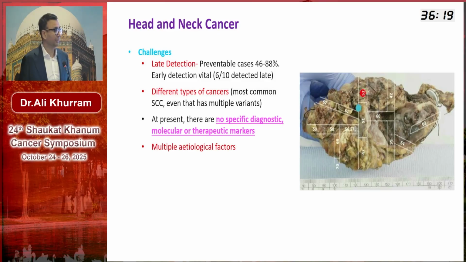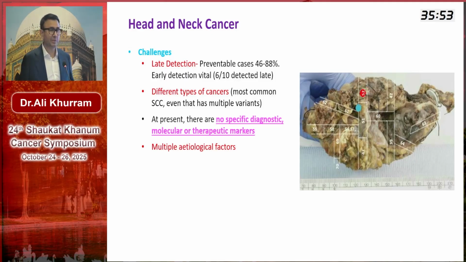We also have a lot of different types of cancers in the head and neck. Squamous cell carcinoma, of course, is the most common type, but the behavior and prognosis is also quite different, whether you look at oral compared to oropharyngeal and laryngeal. And it's one of those diseases where we do not have any specific therapeutic biomarkers like breast or colorectal or other cancer, where pretty much every patient is being given the same treatment except those that are HPV positive.